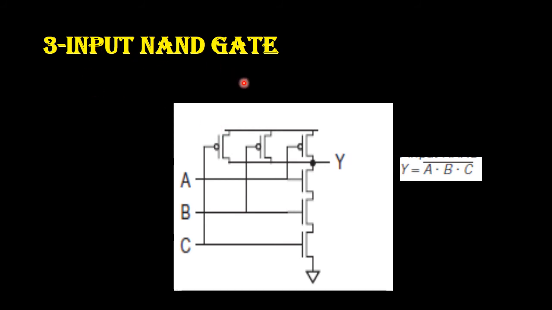So, this is the 3 input NAND gate. Y is equal to A dot B dot C, the whole bar. Now, we can draw the logic diagram easily because here there are 3 inputs A, B and C. Here we are having product. So, again we are going to use the sutra triple P, that is PMOS product parallel. Product term means the PMOS transistors should be connected in parallel. So, 3 PMOS transistors are connected in parallel. Then NMOS transistors should be connected in series. So, 3 NMOS transistors are connected in series and here you will be getting the output Y. So, this is the 3 input NAND gate.